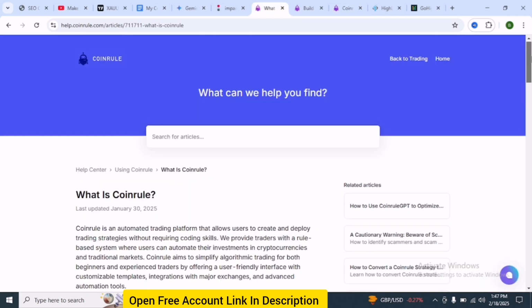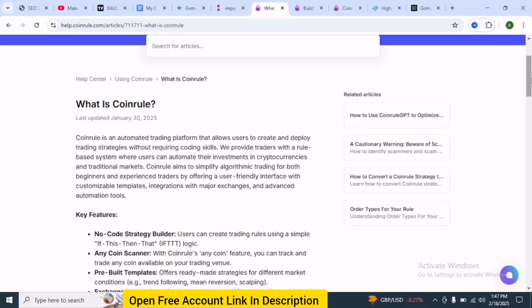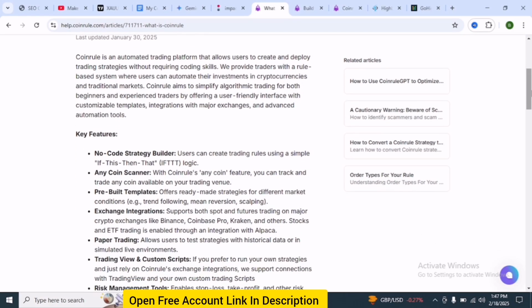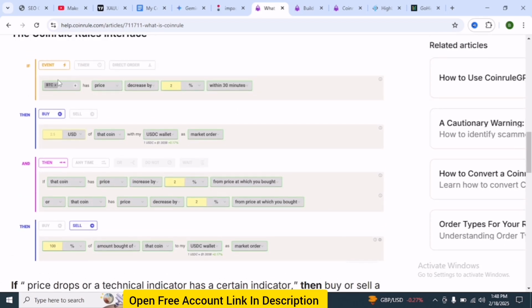In this video, I'm gonna show you a quick review of Coinrule. So Coinrule is a platform that can help you automate your trading, and this is how the interface looks like. When you want to create your own rules, you can create a rule that can help you trade automatically. You can see if Bitcoin price decreased by 2% within 30 minutes, then